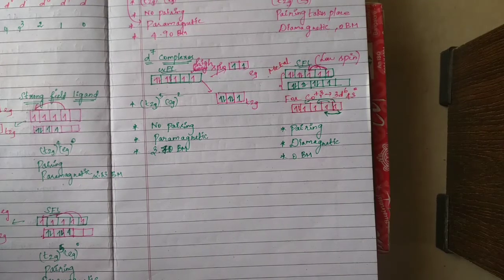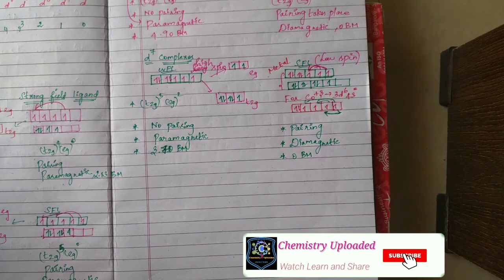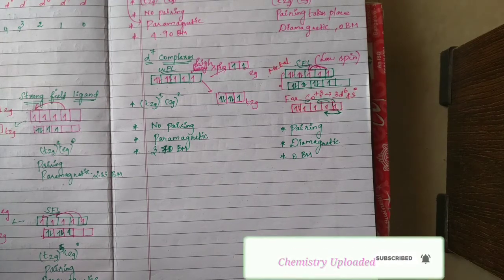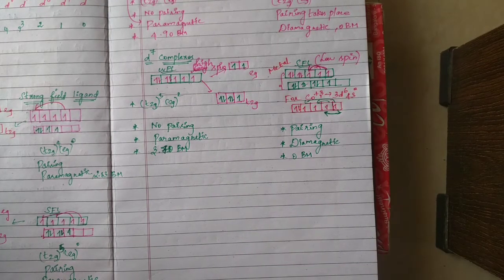In crystal field theory I will explain you clearly how electrons pair with the help of weak field and strong field ligands. So I hope you can understand the concepts. So weak field ligand means it leads to high spin complex, strong field means it is a low spin complex, students. You should not forget this.